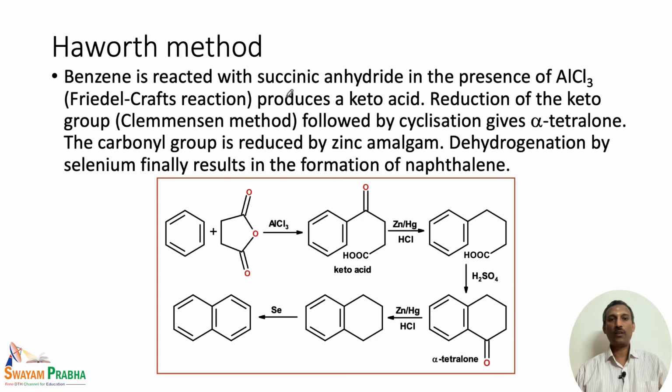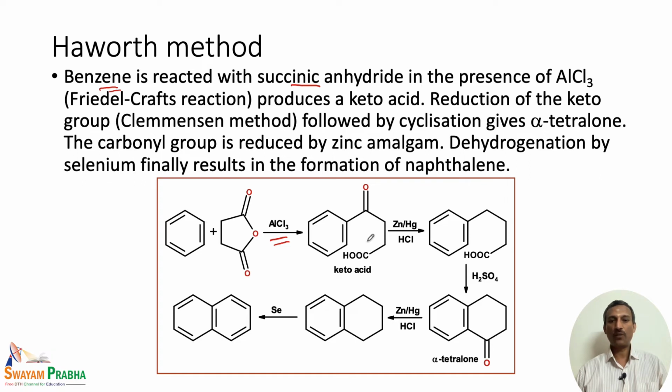The next method is the Haworth method. In this method it is also a pretty lengthy process. So, here the starting point is benzene. The benzene reacts with succinic anhydride as shown here. So, this is nothing but a Friedel-Crafts reaction. So, succinic anhydride when treated with benzene in the presence of AlCl3 leads to a keto acid as shown here. So, the ring opening actually takes place and the acylation takes place on this particular carbon, which leads to